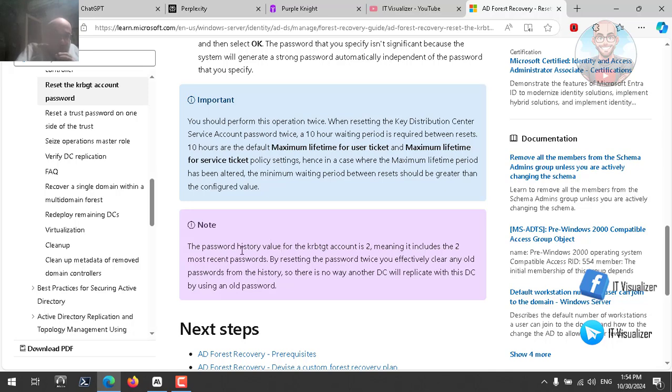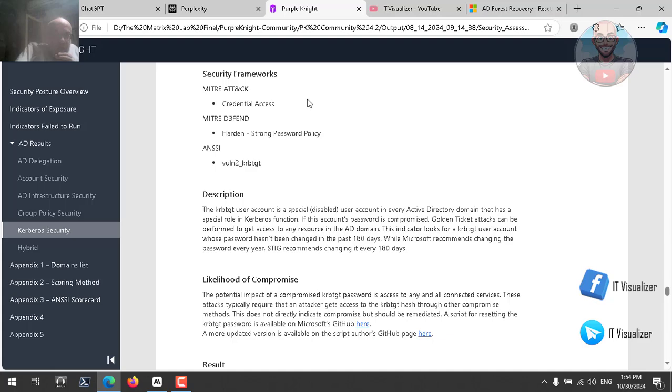I think this can also be implemented on service accounts. You should make the password history for these accounts very, very low, so as not to have to remember to always use a unique password for the service accounts, which regularly have very high privileges in the domain. So this is one thing we need to make sure of: that our KRBTGT service account